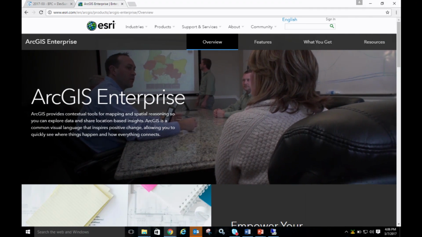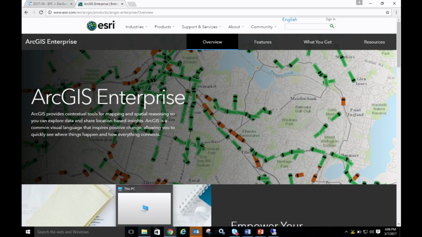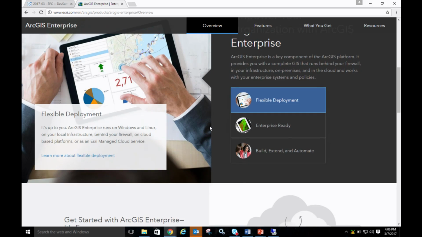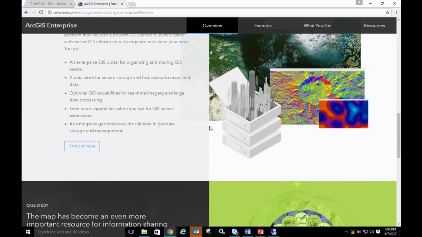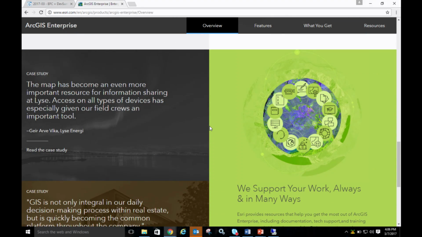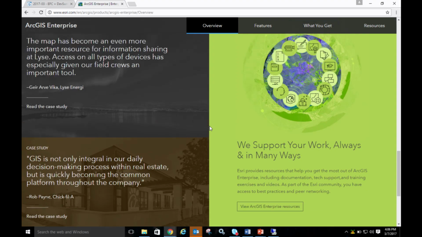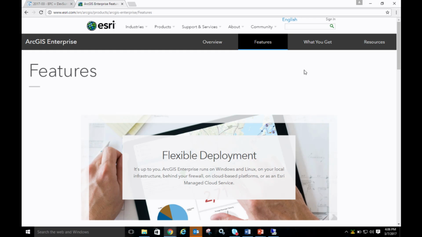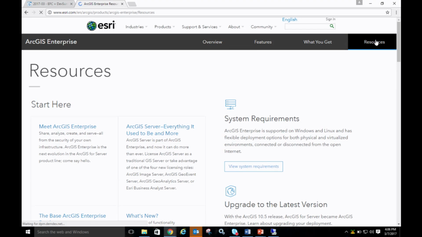All right, this is the new ArcGIS Enterprise website. You'll notice that we've modernized from what we had before. We were long overdue for it. You can find case studies here, so if you need to understand how other users are using the product. You can see key features. But what I really want you to focus on is this resources